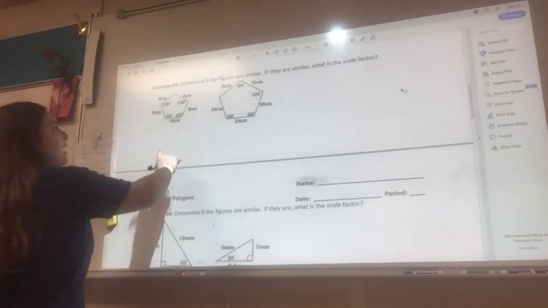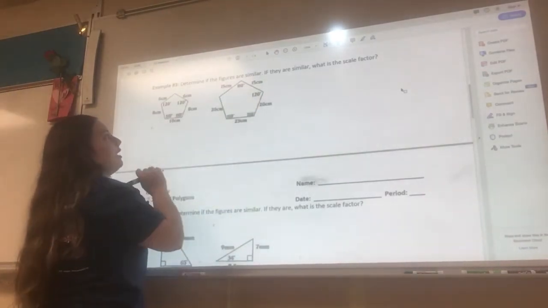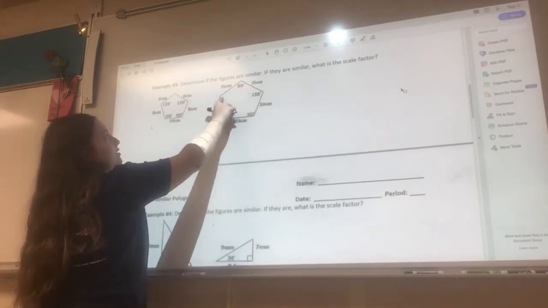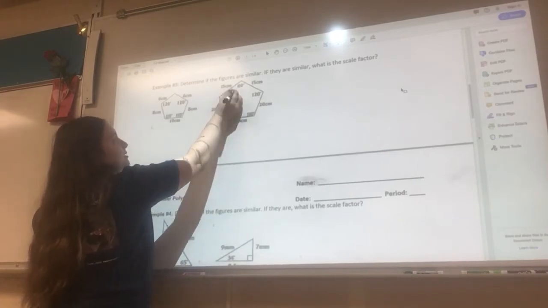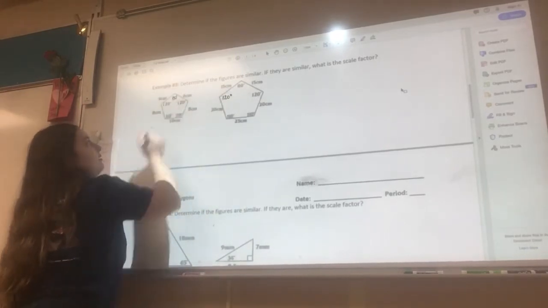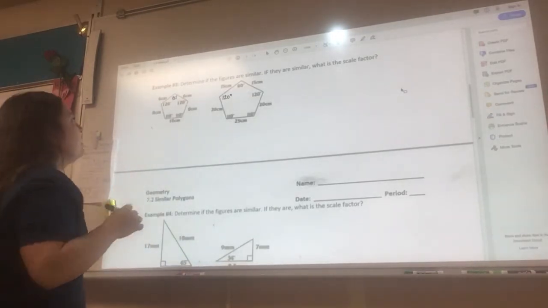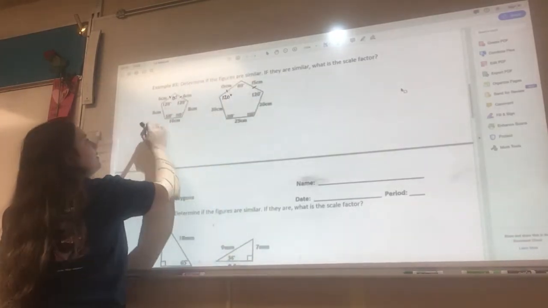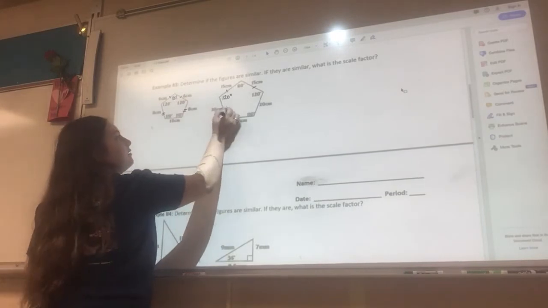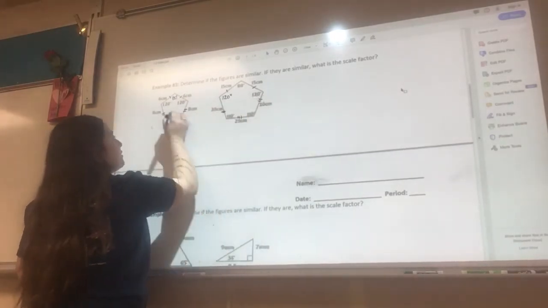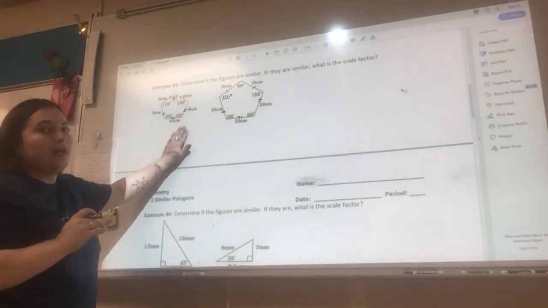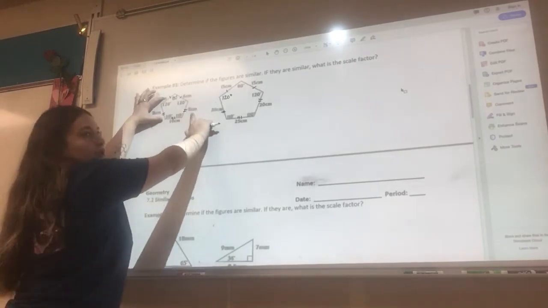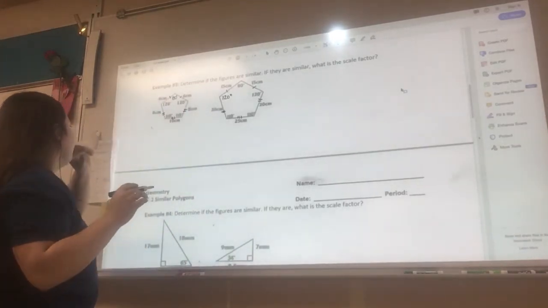We can see that this has a missing angle. But we notice 110, 110, 110, 120, 120. So that means this has to be 120 degrees and this has to be 80. Okay? So that right there is helpful. That means that this is similar to this one, which means these are similar to each other. Even though there are 5 sides, since 2 of the sides are similar to another 2, we only have to check 3 things. Okay? So we're going to first check,